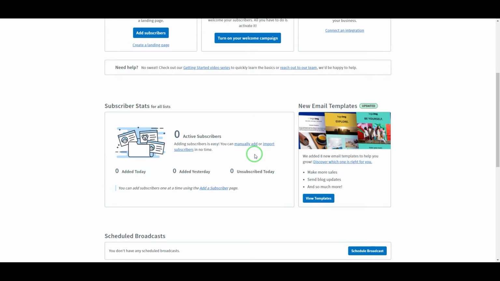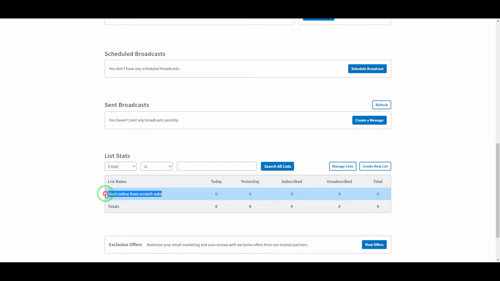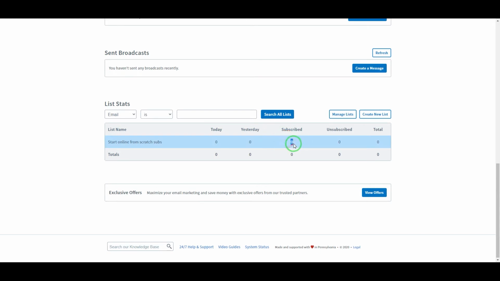So if I scroll down here, you'll be able to see a list of all our lists basically, and at the moment we have just one list. So that means that I can see all the stats of all my lists here, and at the moment, as I said, we have just one list, but when you have more, you'll be able to scroll down through all your lists and see kind of an overview of how many people you have signed up for your list today and yesterday, and the total. This will be the total number for today. This is the total number of subscribers for all time,